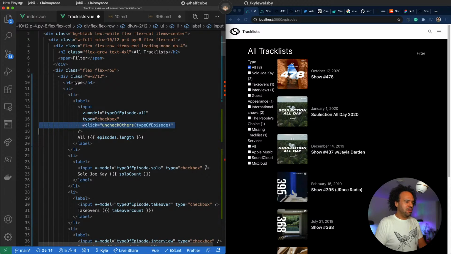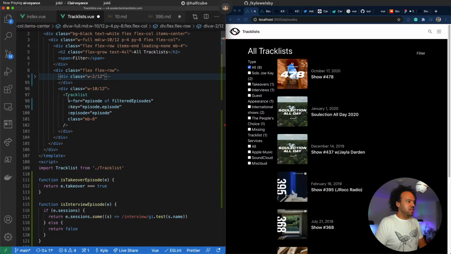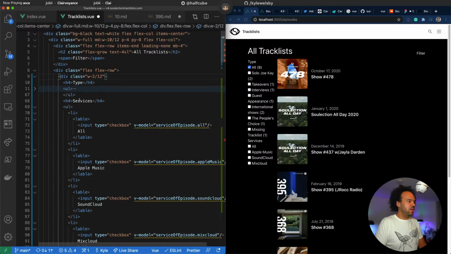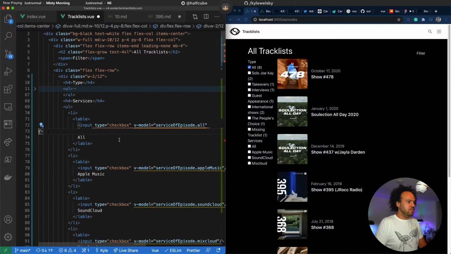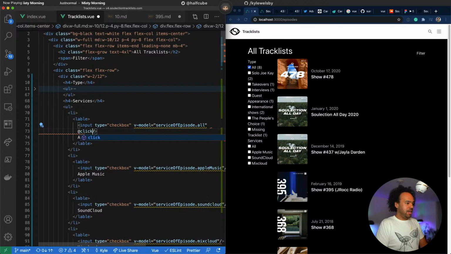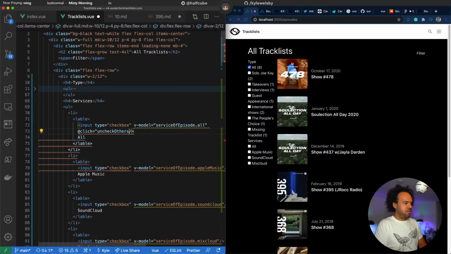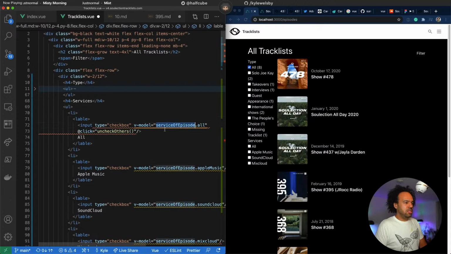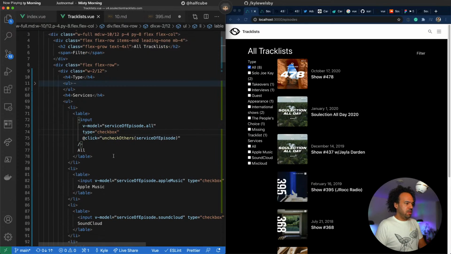I want to do a click on that. Oh, I've lost it. There it is. Click, uncheck others, and we want to pass in the service episodes into that. Save that document.